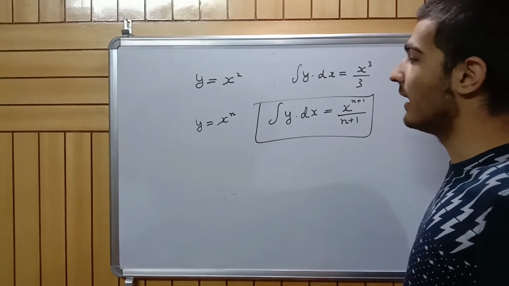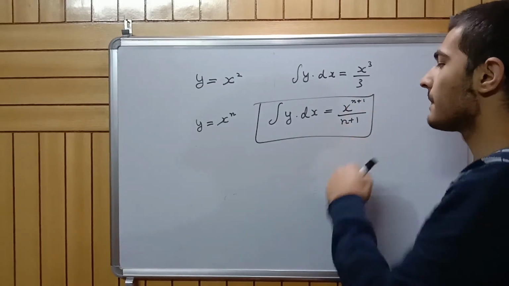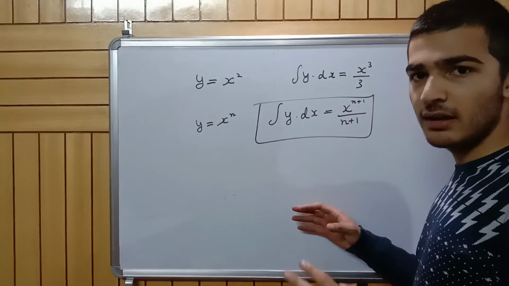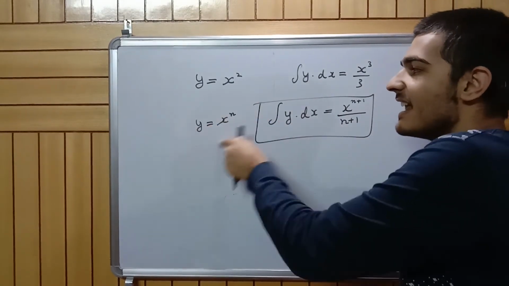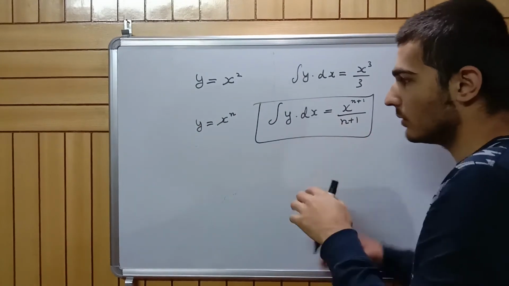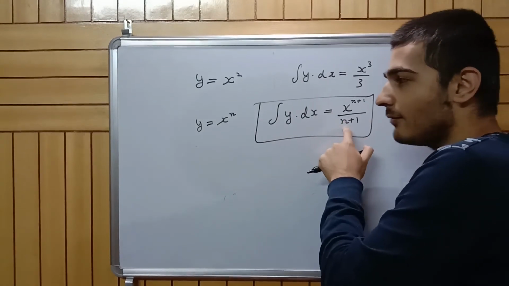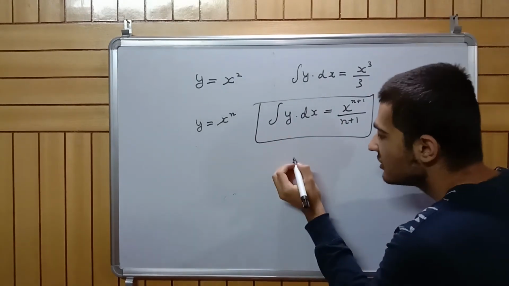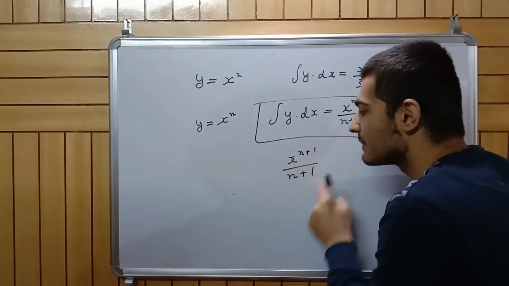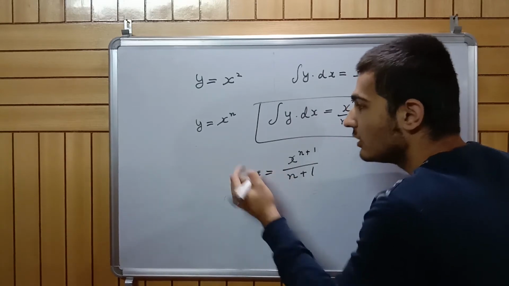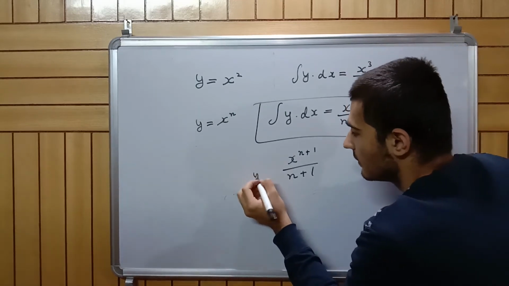Now, just to clarify, why am I putting this n plus 1 here? Well, just now I told you this function here is the derivative of this thing. So whenever I differentiate this, I have to reach here, right? So I'll just differentiate it, okay? So if I differentiate this expression here, y equals this thing, I should arrive at this. Wait, I'll just do it.